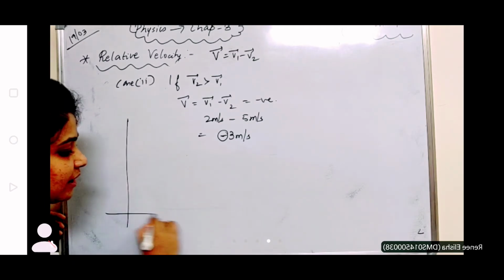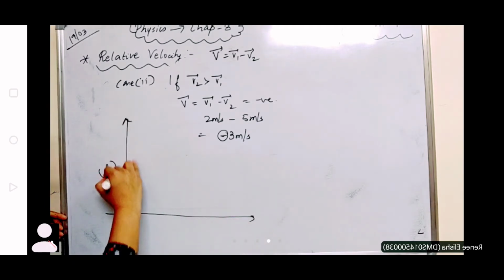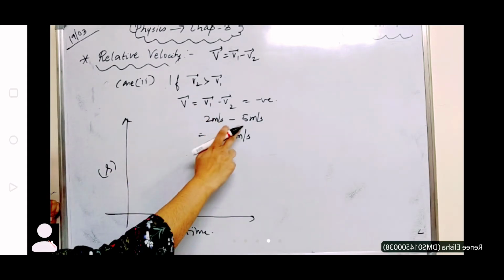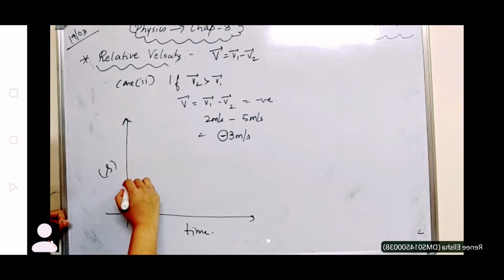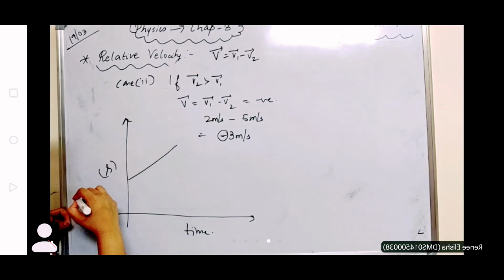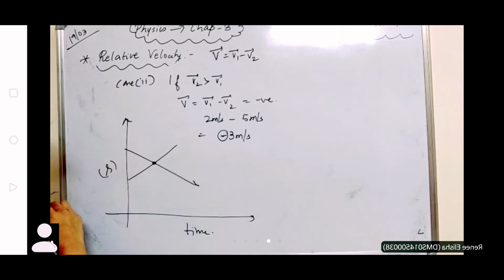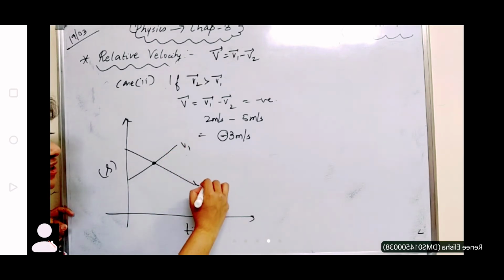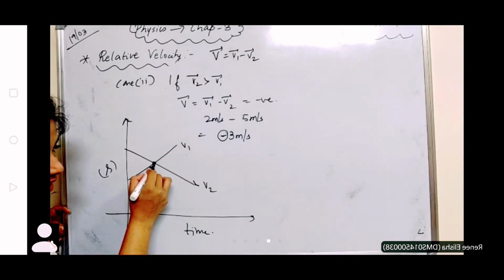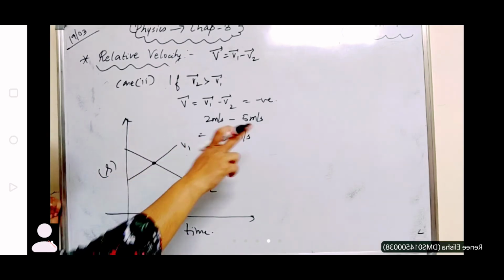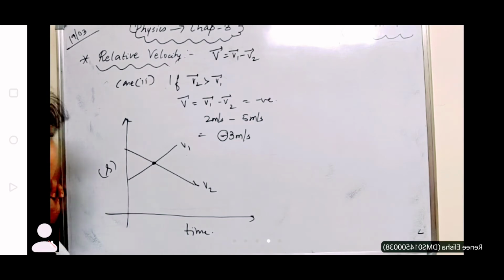So if I'm plotting a graph again between displacement and time, now see here, V2 is greater. So if V1 is going in this direction and V2 is going in this direction, that means in the negative direction, both of them meet at a point here, right, children? So V1 and V2. Here V2 is greater, so it's meeting here at one point. So we finally say that one graph is steeper than the other and both of them meet at one common point. It goes on becoming steeper. So this is the second case, alright?